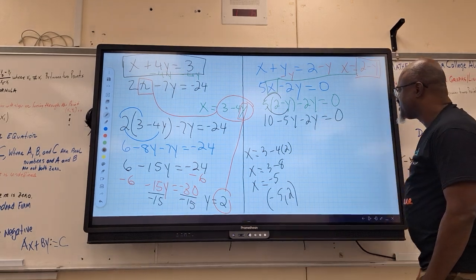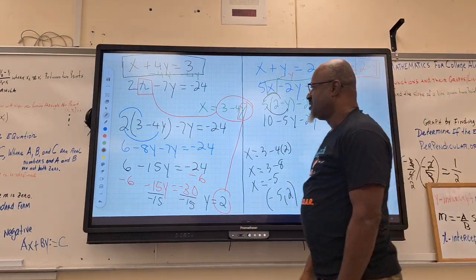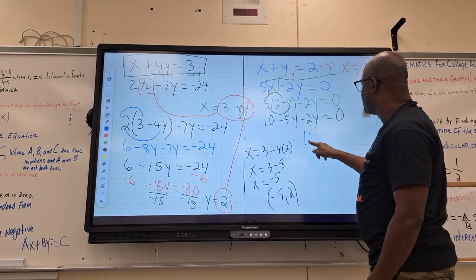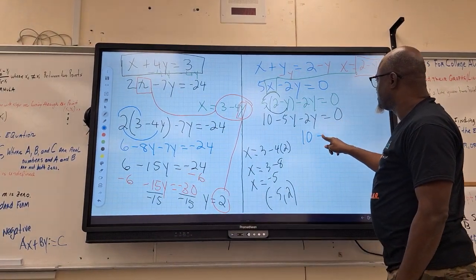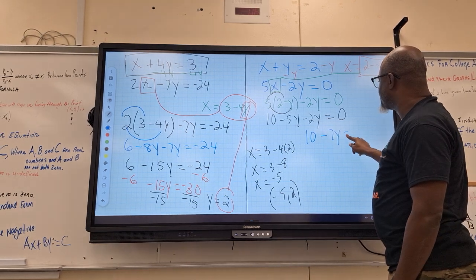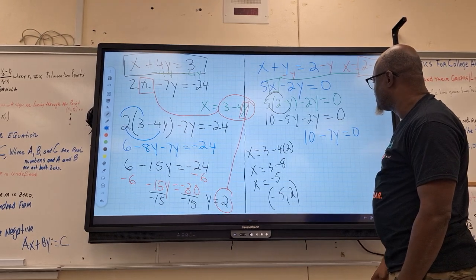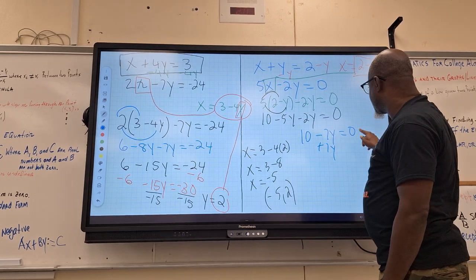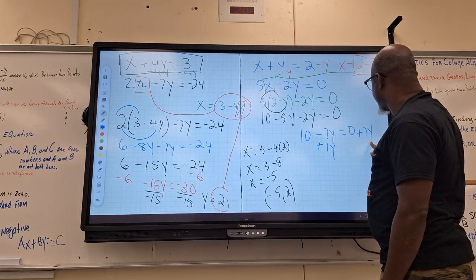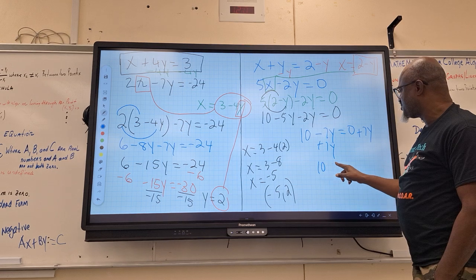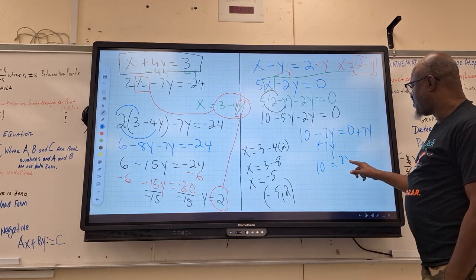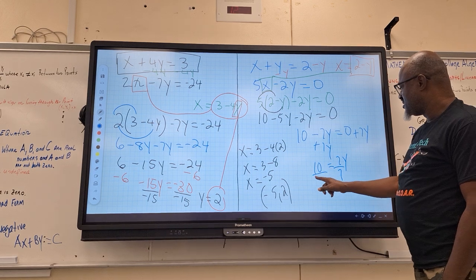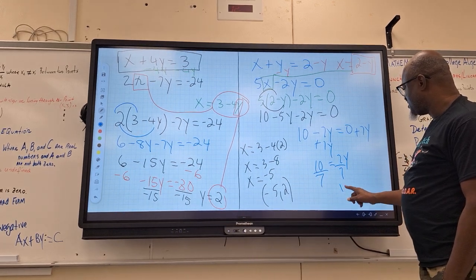What's the next process? We combine like terms. So we'll have 10 minus 7y is equal to 0. What do you do next? Add 7y to both sides. You can add 7y, which is the best thing to do, so you get your y positive. So we'll have 10 is equal to 7y. To find y, divide by 7. Then we'll have y is equal to